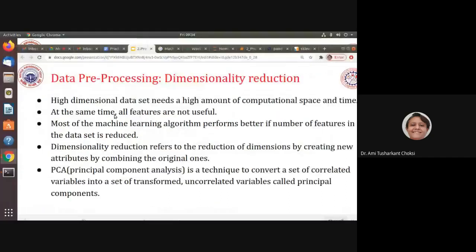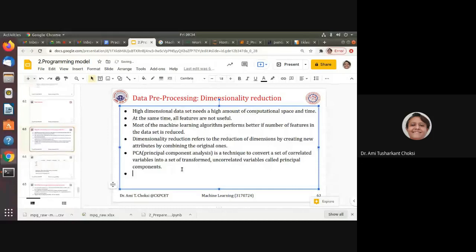Here I can say we can have dimensionality reduction only if the remaining data set gives accuracy that is the same or similar to the original data set.